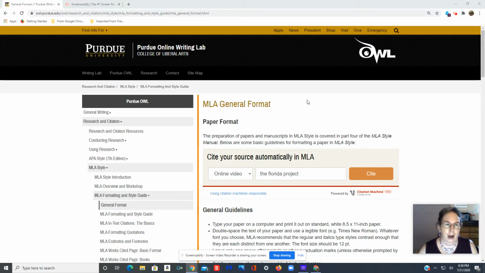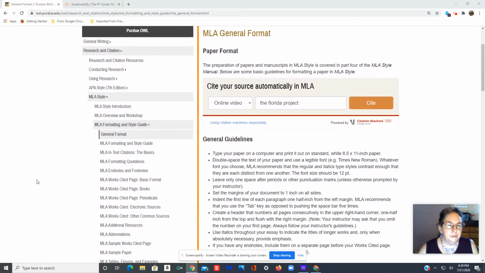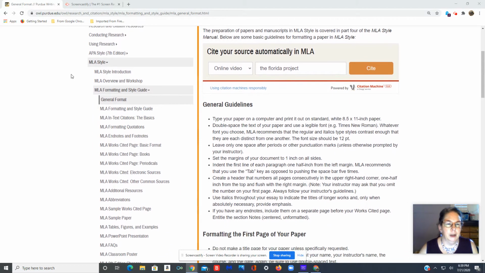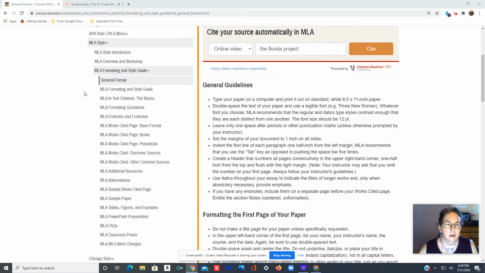So I'm on Purdue OWL again, which is my favorite place to look at for pretty much anything related to writing or research. Just under MLA style, here's a long list of all the things you might want to know about. I don't want to go through every single kind of source or scenario because it takes a long time and it's kind of tedious.